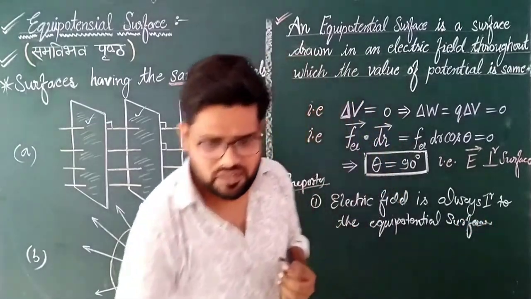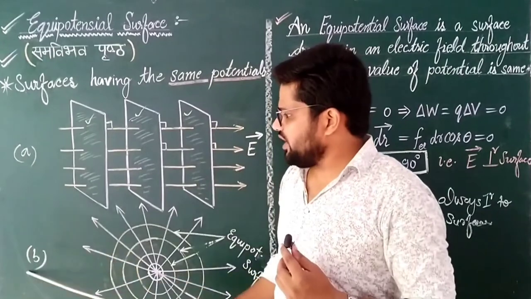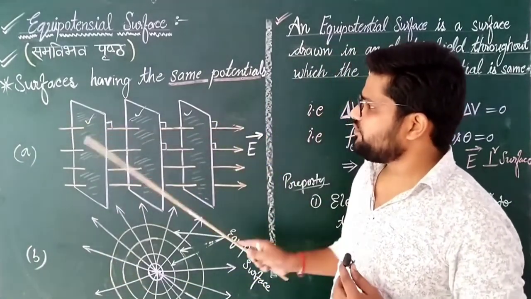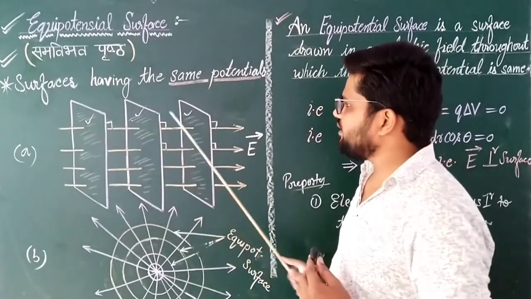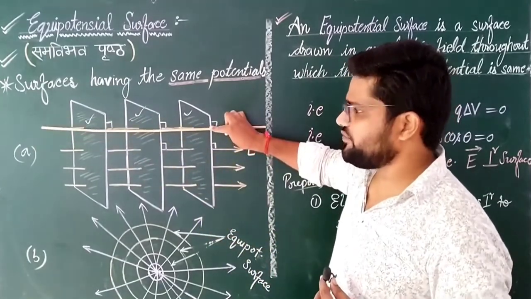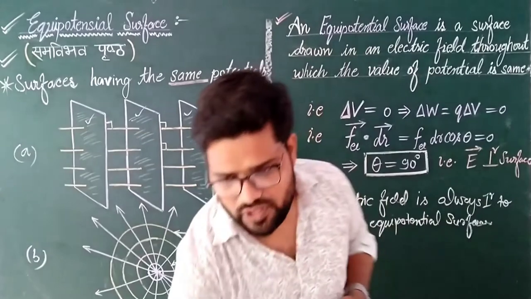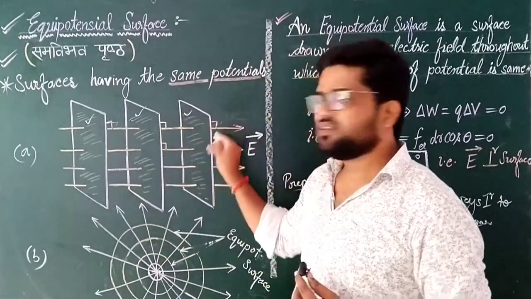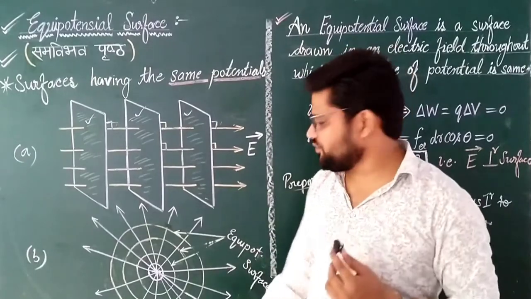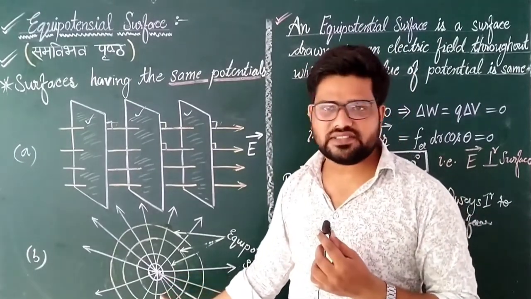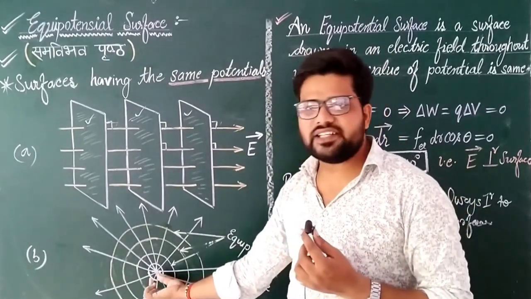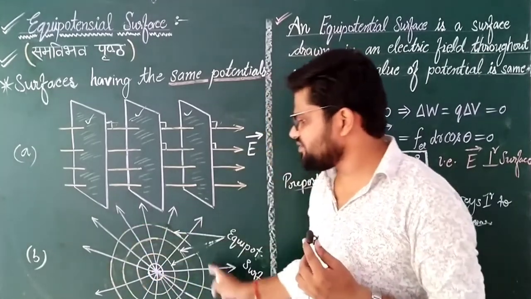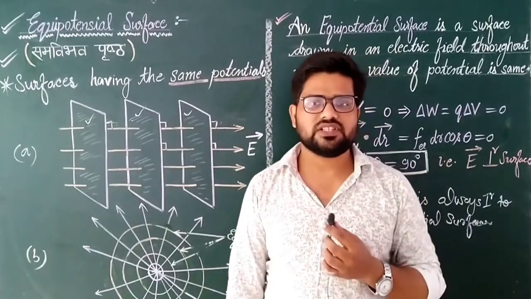Okay, here in the figure, see, A and B are the equipotential surfaces as shown in the figure. See, surfaces 1, 2 and 3 are normal to the electric field. They are perpendicular or normal to the electric field. And in the second figure we have drawn some concentric circles assuming the charge at the center, right? First, second and third. These three surfaces are the equipotential surfaces.